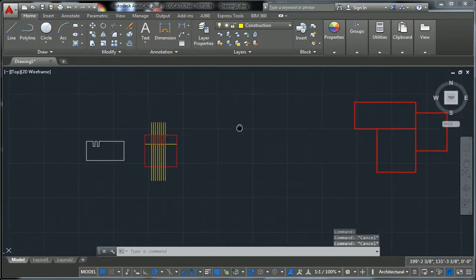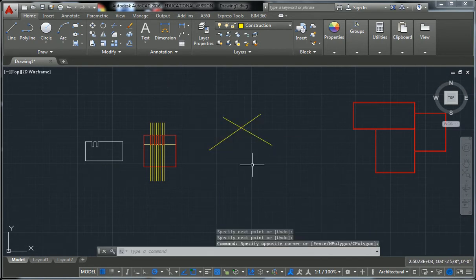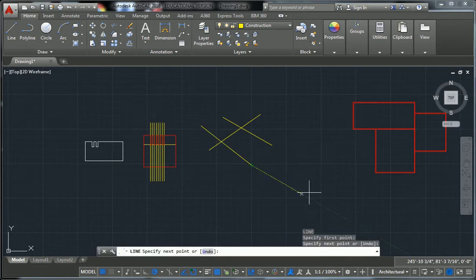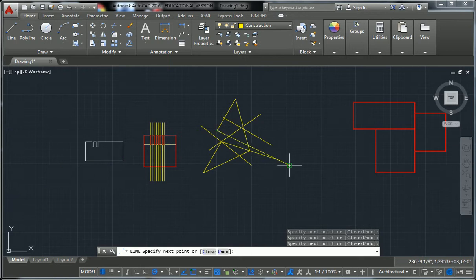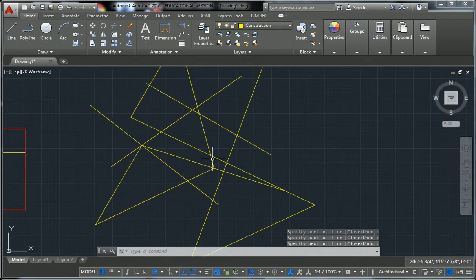So a quick clarification on trimming. If I have lines, so I'm just going to kind of draw some. Oh darn. Just drawing some crazy geometry here. Okay, so if I have a group of lines and I want to do a trim command, I activate the